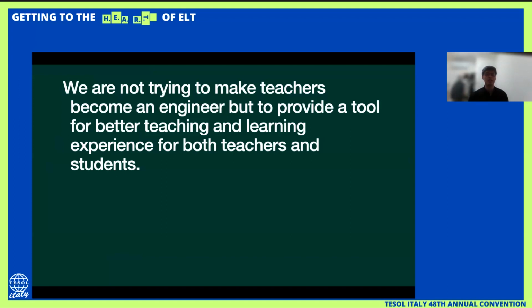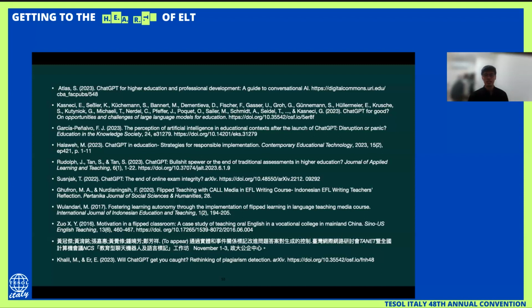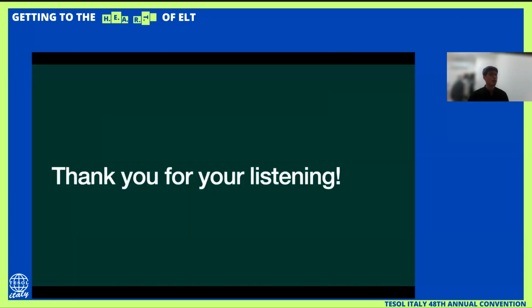To help the teachers set learning goals and to help the students have better motivation and a joyful learning environment while they chat with the machine. So these are the references that I have quoted in the slides. That will be the end of my presentation.